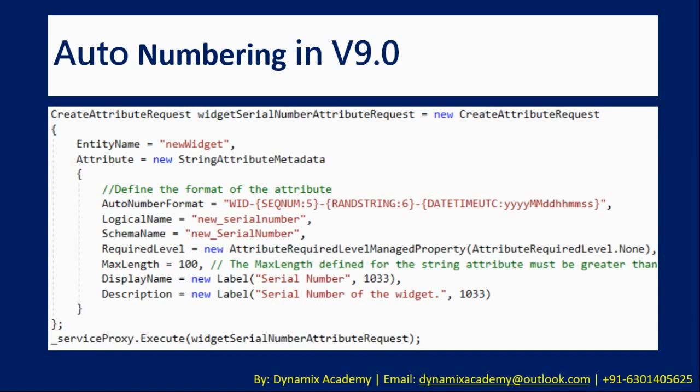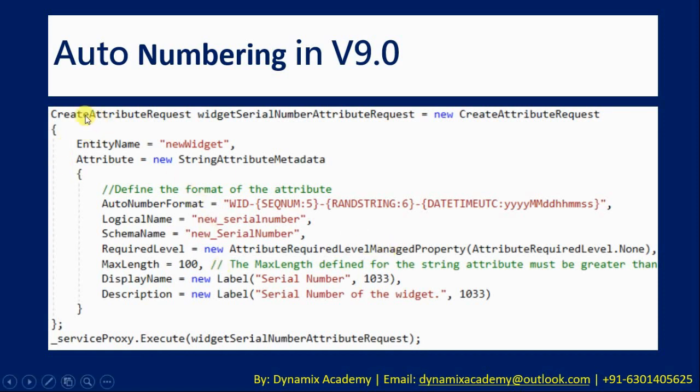Those who have created a custom attribute for an existing entity through code will find it easier to understand. But for others, in order to create an attribute, you must have a basic knowledge of C Sharp and how you can use the Dynamics 365 SDK to connect to an existing instance and add those attributes. So you must have some knowledge of how to extend Dynamics 365 entities via code.